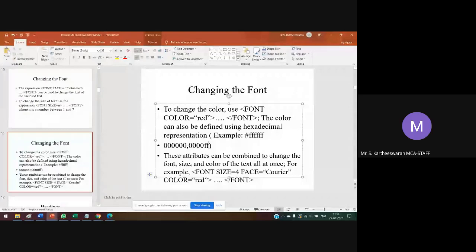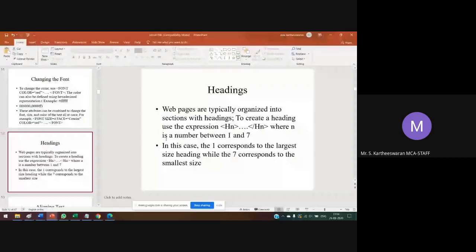Next one is heading. What is heading? Web pages are typically organized into sections with headings. H1 is a large size of heading, H7 means a small size of heading.